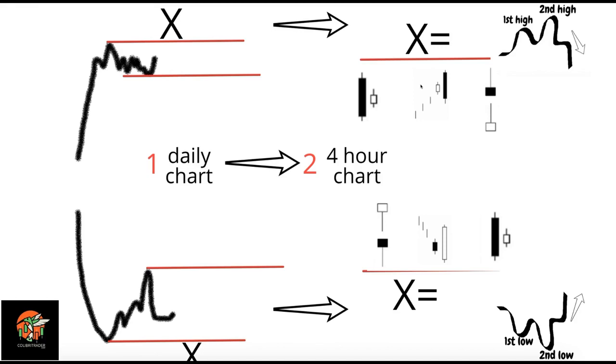If we make a smooth transition from the previous video where we were talking about the formation of the supply and demand patterns and clusters, in this video I want to talk about the confirmation from a different time frame. So let's say these clusters, as you've seen in the previous video, imagine they were on the daily time